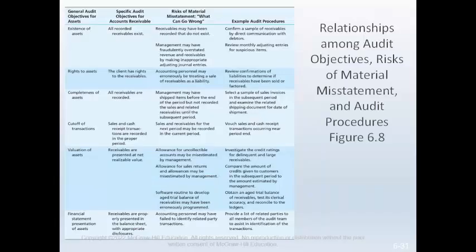This diagram illustrates the relationship among audit objectives, risk of material misstatement, and audit procedures for the audit of accounts receivable. This figure includes examples of identified risks related to each audit objective and one procedure to address each risk. Usually, a greater number of risks are related to each objective, and several procedures may have to be performed to